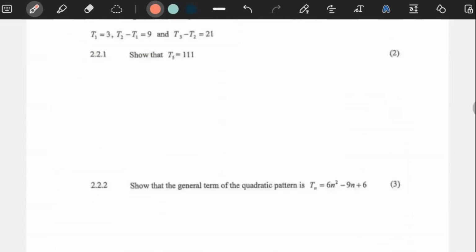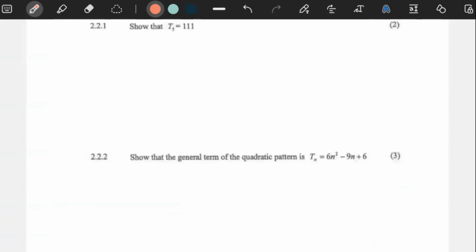The next question. Why are all these overlapping like this? But anyways, the next question,